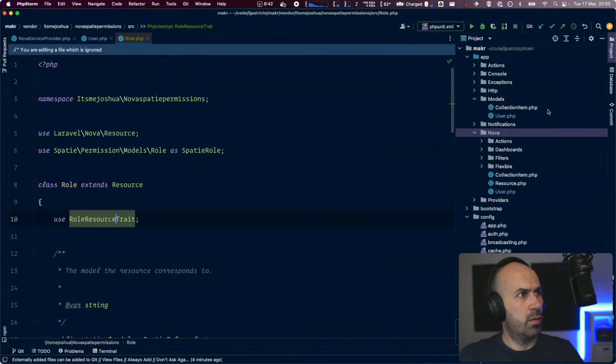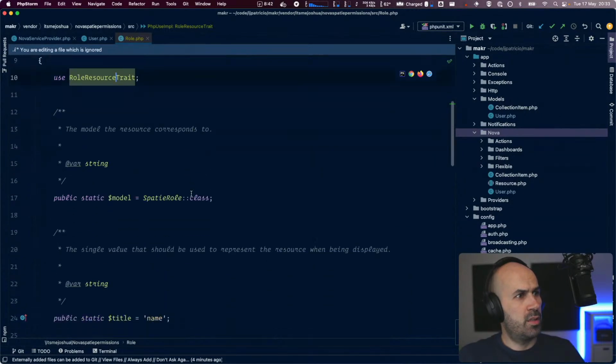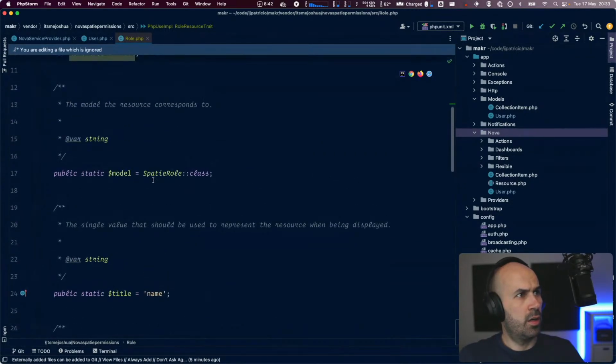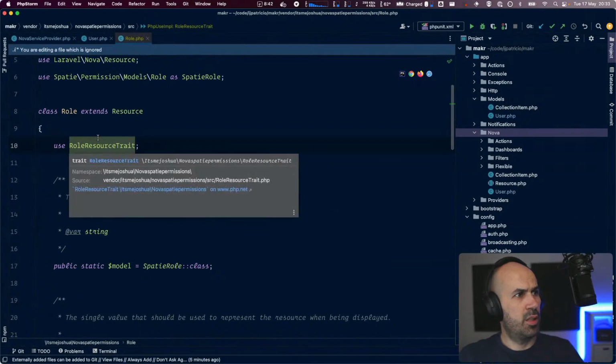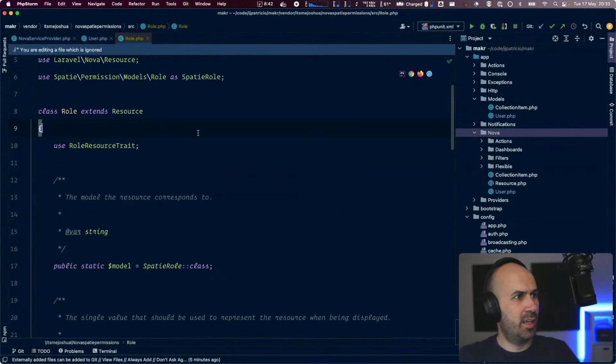And probably it's inferring from the class name, but if it's extending,